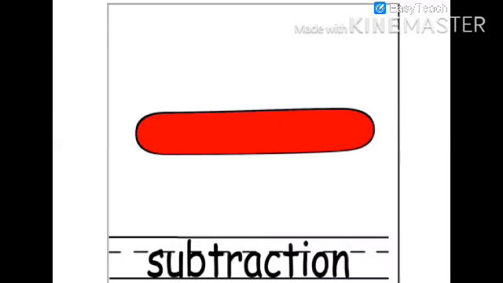Students, before I go ahead with the topic, let me tell you again, what is subtraction? Subtraction means taking away a small number from a big number. Correct children? And this is the sign that we use for subtraction, and this sign is called minus. Subtraction means taking away a small number from a big number, and this sign is called minus.